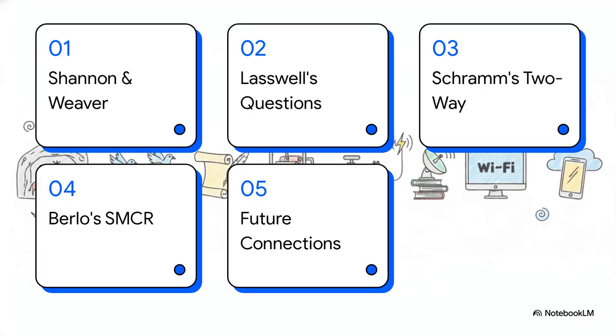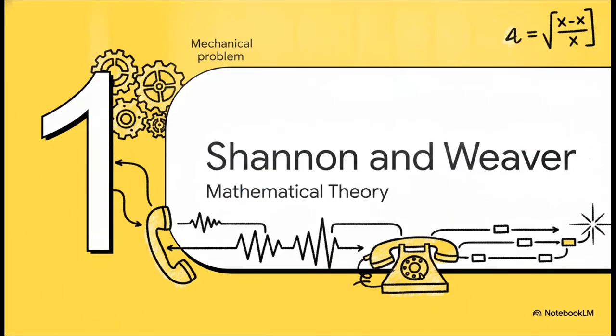To answer that, we're going to diagnose exactly where communication breaks down by looking at 4 historic models. We'll cover decoding Shannon and Weaver, Lasswell's 5 big questions, Schramm's two-way street, Berlow's human element, and wrap up with the future of connection. Okay, let's jump right into section 1, decoding Shannon and Weaver, and the mathematical theory of